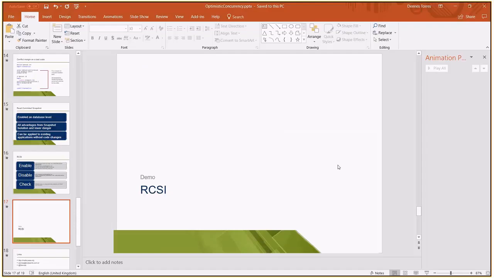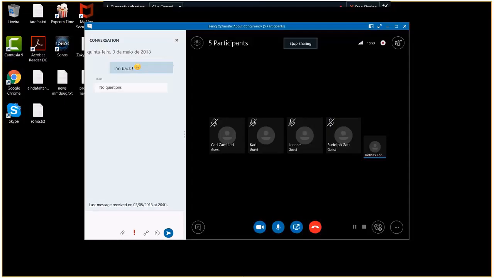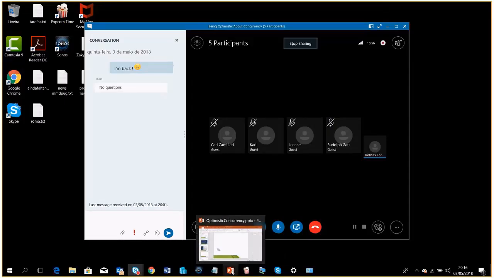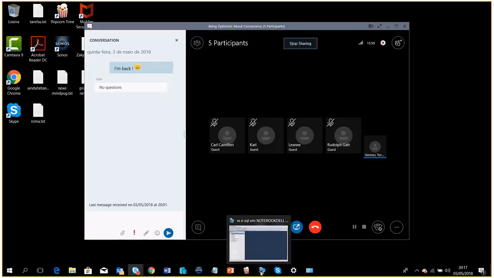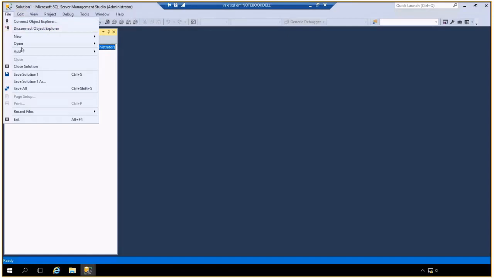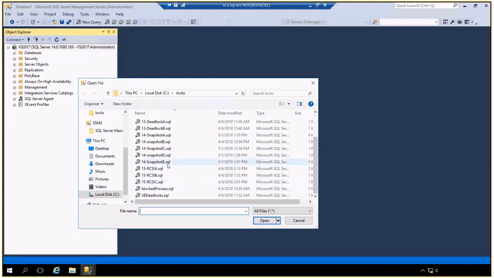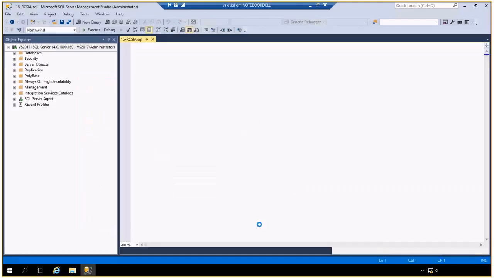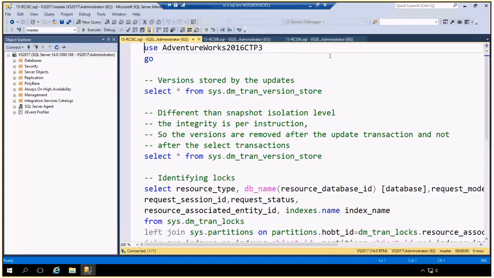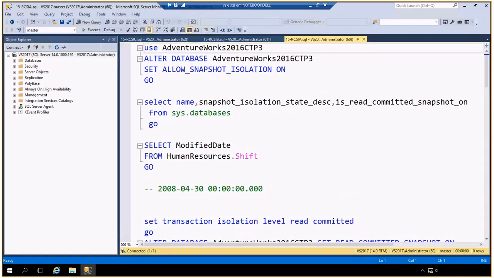Let's see a demonstration. I will use AdventureWorks. I need to set allow snapshot isolation.